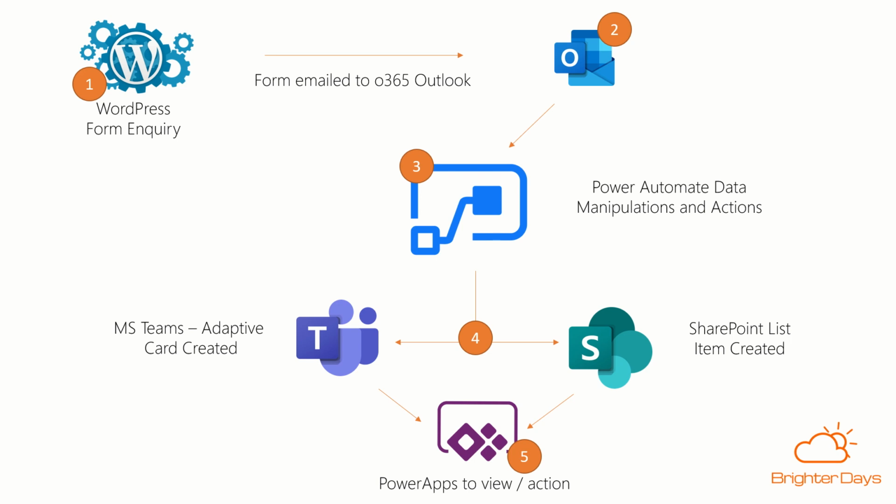So that's the trigger where everything kicks off in terms of the Office 365 automation. The email is sent to a shared mailbox or a group email, kind of like a distribution list. But then how do you get all the information out of the email into Teams as an adaptive card, into SharePoint as a list item, and then visible in PowerApps, while you use Power Automate to do that? I'll go through a quick demonstration first of what that looks like, and then step you through how